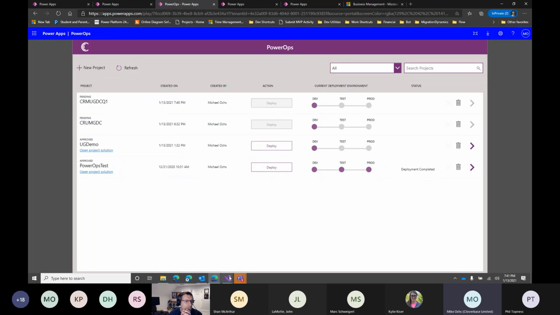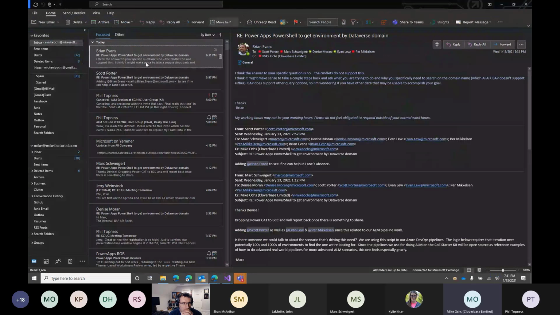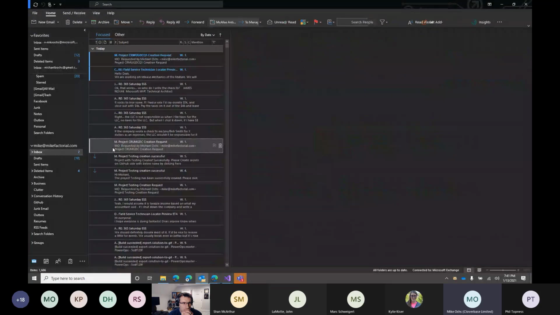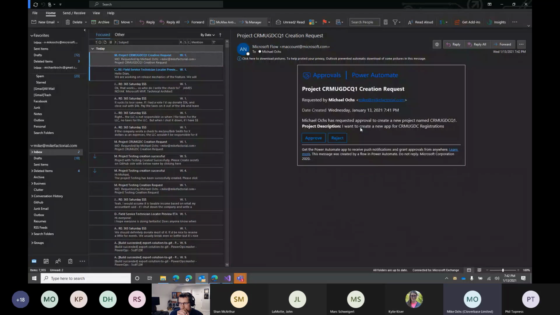So what happens when I create that request to create a new project is over here. I get an approval from Power Automate, and I happen to be the maker and the admin in this situation. When you set it up, you can set it up with a specific admin, a specific approver, as well as a deployment user.